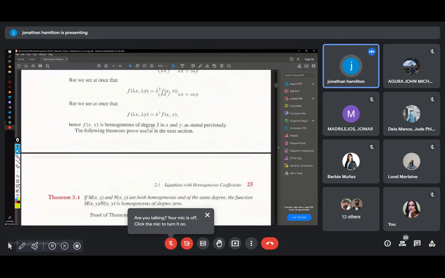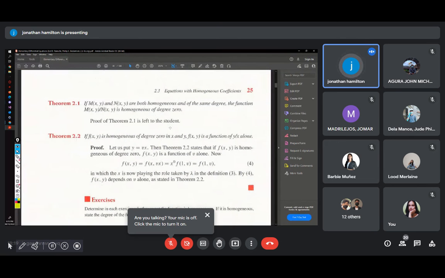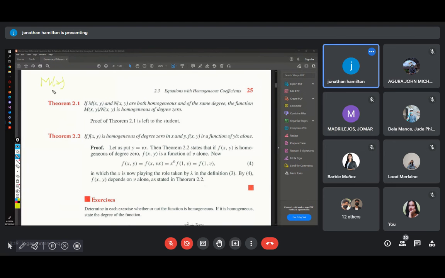Now, ato lang skip aning medyo complicated na part and diretso ta sa kaning theorem. So what we need to know for homogeneous coefficients, if M(x,y) and N(x,y) are both homogeneous and of the same degree, the function M(x,y) over N(x,y) is homogeneous of degree 0. So previously we talked about M of x, N of y. So for any homogeneous, we're also given a function M(x,y). So unsa ang pasabot ani? Ang pasabot niya na